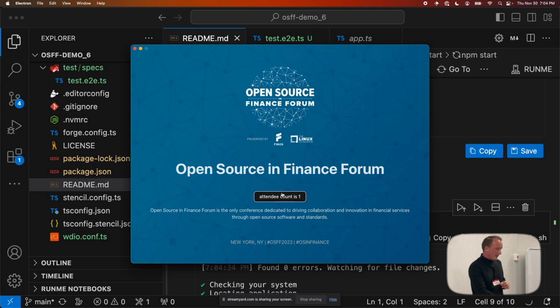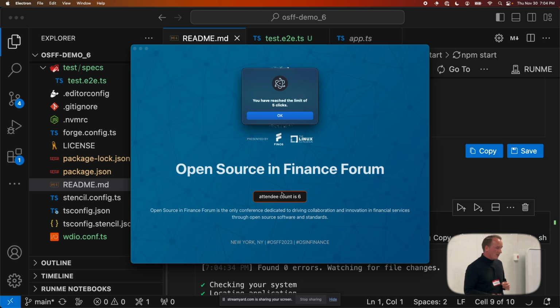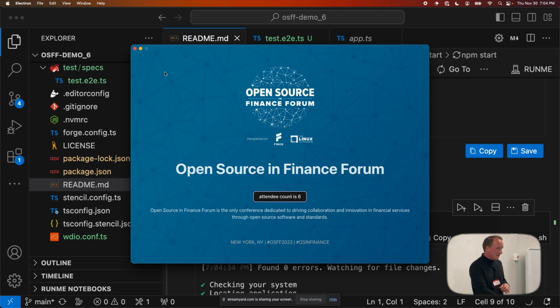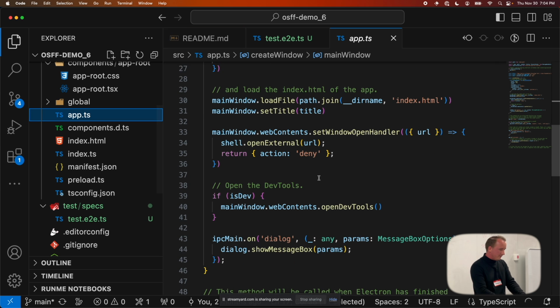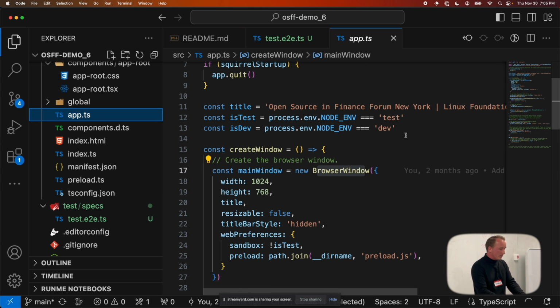So here I have a little bug in here, which means if I go over 6, there's a little alert that says that you have reached the limit of 6 clicks. So in my test, let's say I don't want to care about this alert because it would just hinder me to do certain automation. So what we can do is we can inject ourselves, or we can inject the framework into